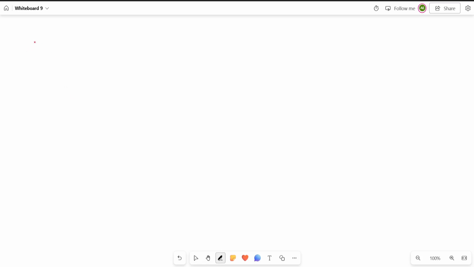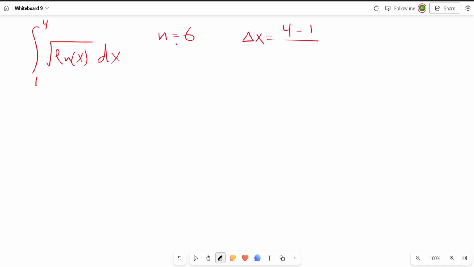Let's say we have a problem saying we have the integration from 1 to 4 of square root of ln x dx, and we are required to divide it into 6 intervals, so n equals 6. So how do we do this? And we're required to estimate it using the midpoint, trapezium, and Simpson's rule. So let's start by first finding our delta x. Delta x is b minus a, which is 3, over n, which is 6,